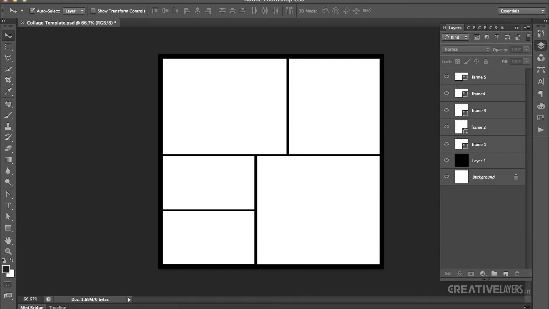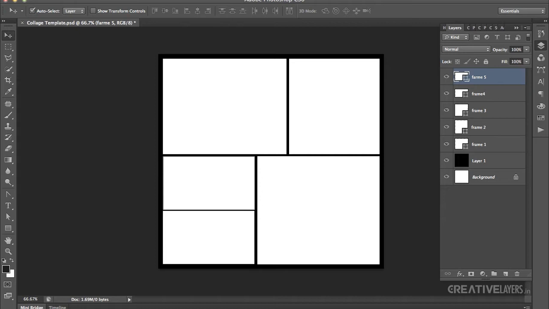What I have done here, I have taken a new document and created some boxes like this. I have taken 5 boxes and named them frame 1, frame 2, frame 3, frame 4 and frame 5. So I will create a collage here and I will teach you what happens if you want to do some effect on one layer, and you want to have those changes in each and every layer. All you have to do is make the change once and automatically those changes will happen in